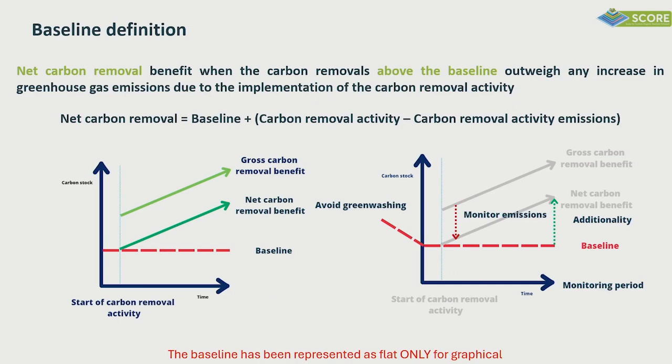You know the definition of baseline, but I just want to review it together with you. Basically, the idea is that we have a net carbon removal benefit when this is something that goes above the baseline, and of course we remove the gross emissions that are produced by the activity that I'm performing. And so why should we focus on baseline? Because when we set the baseline, this gives us a lot of useful information for carbon farming. First of all, we have the possibility to monitor the emissions, then to define the additionality, which is one of the most important factors to address, and also, especially if we have the possibility to go back in the past, to understand if there was greenwashing in this